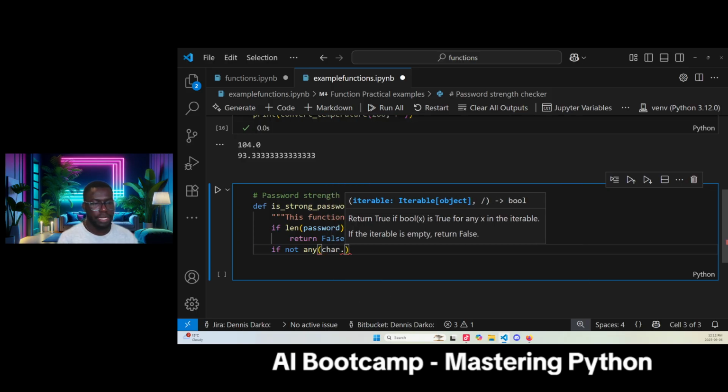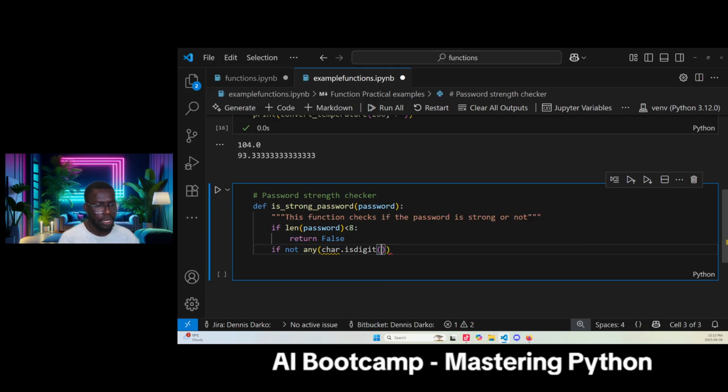So what are we getting? The character dot what? Is digit. So let me first finish with the code, then I'll be able to explain. Okay, so don't worry, I'll be talking whilst I'm writing the code, then I'll explain each line for you guys. So if not any of the characters dot is digit, then what do we do? Is digit, then we say for